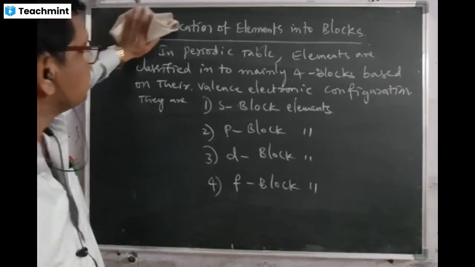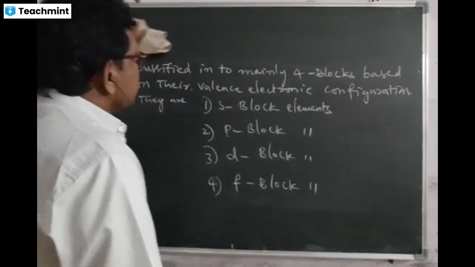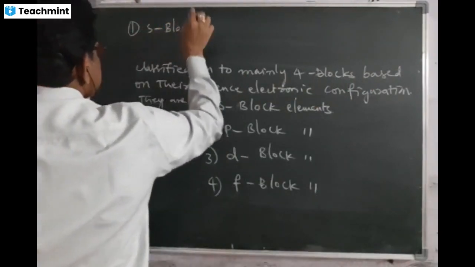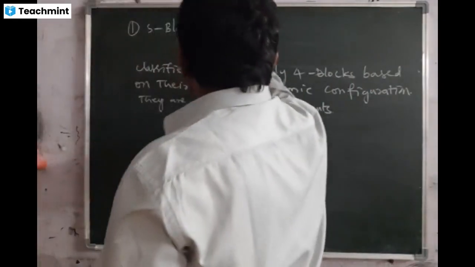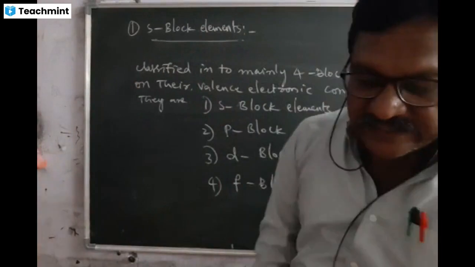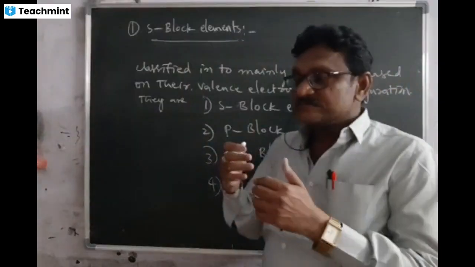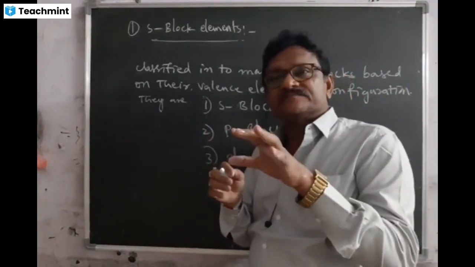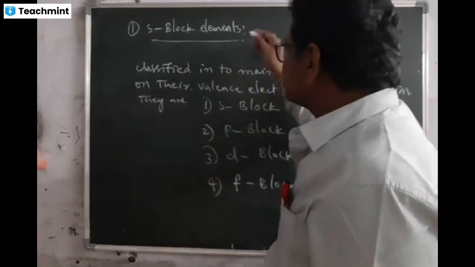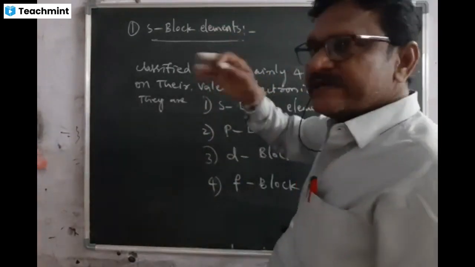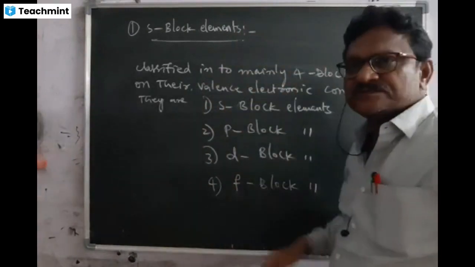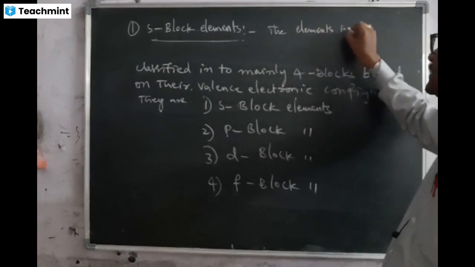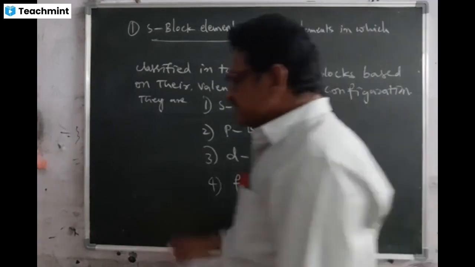Completed, students? Then write the heading: S block elements. What is the definition of S block elements? Now I am explaining S block elements. It's very simple. The elements in which the differentiating electron, the last coming electron, enters into the s orbital are called S block elements. Just write down the definition in your notes: the elements in which the differentiating electron